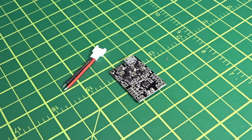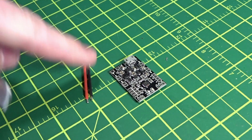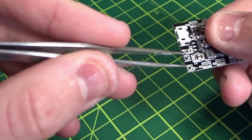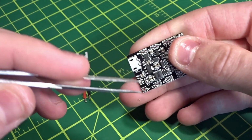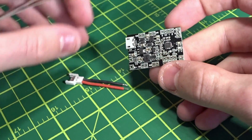Alright, so first we're going to do up the FC. As you can see, they give you your own little micro LOSI connector, which is nice, for the battery, and I believe that is just these two pads right here. See, this one is positive and this one is negative, so we're going to solder those on, as well as